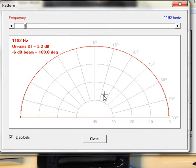See how nice the frequency is here? The response, or the spread of the tweeter is the best way to describe it. As we go higher in frequency, at 1200 Hertz, your tweeter is just acting like an omnidirectional, half of a beach ball type of a dispersion. As we go higher up in frequency,